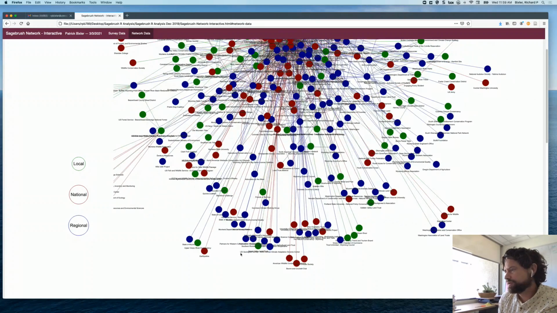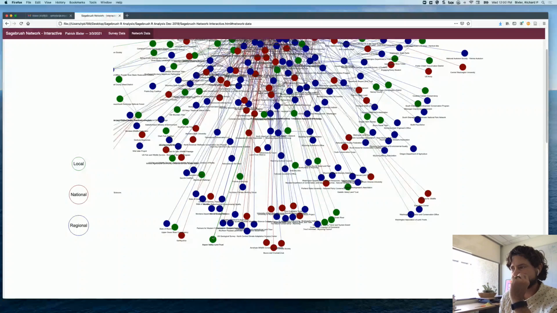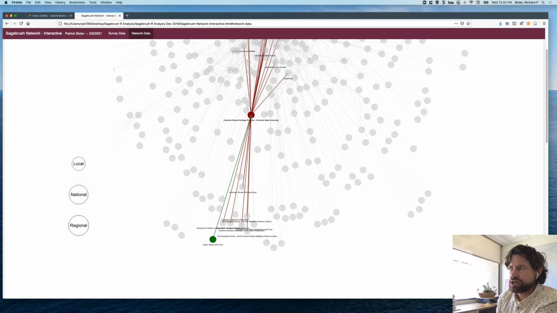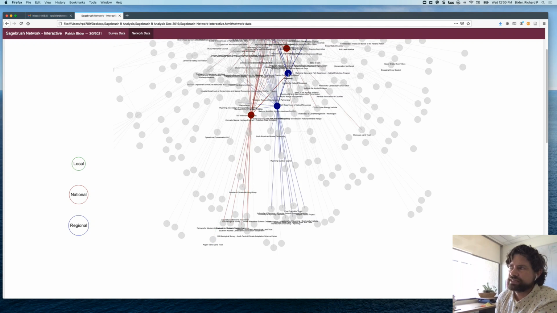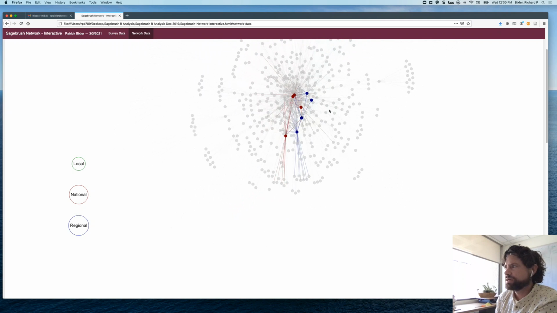So for example, let's say I'm interested in the Aspen Valley Land Trust. If I click on Aspen Valley Land Trust, I can follow that node backwards into the center of the network. So Aspen Valley Land Trust is connected to Colorado Natural Heritage Program at CSU, which is then connected to SageWest. So you can look at the network in that interactive way